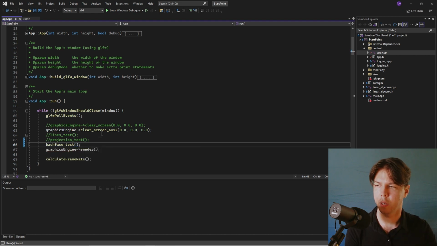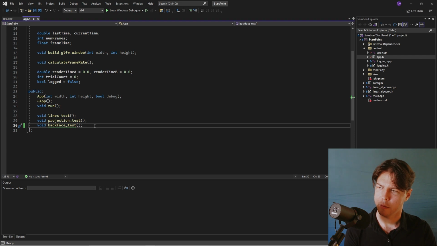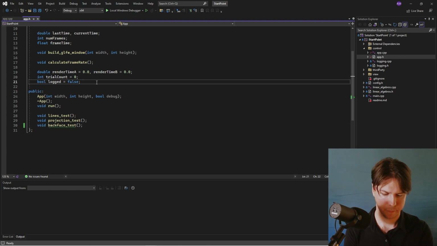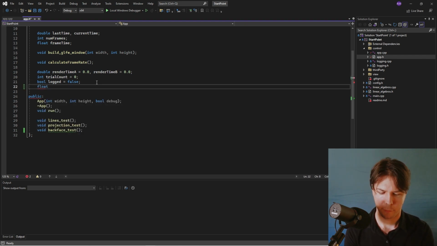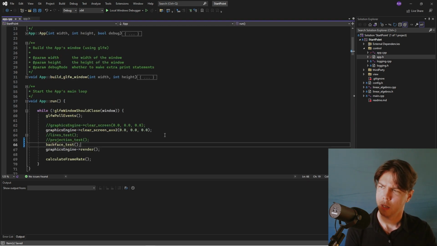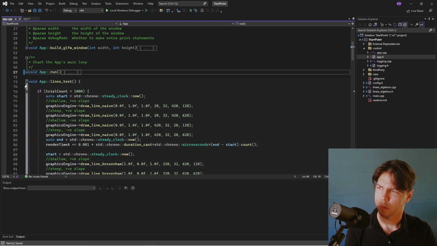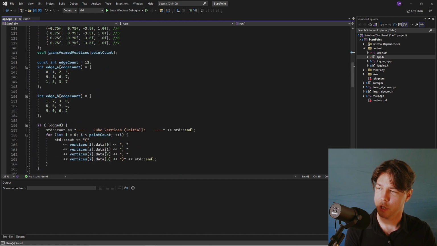Now there's one more thing I'm going to add, and that is I don't want to just look at the cube, I want it to spin around, I want to have some things going on. So let's go to the header and declare that we'll have a float called theta, give it a start value, and we'll be updating theta every frame. So now we'll just close all of this down, go to the projection test,